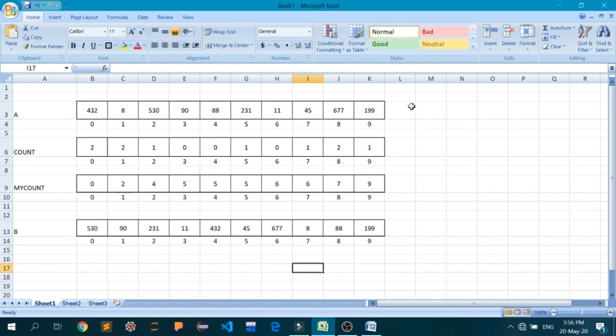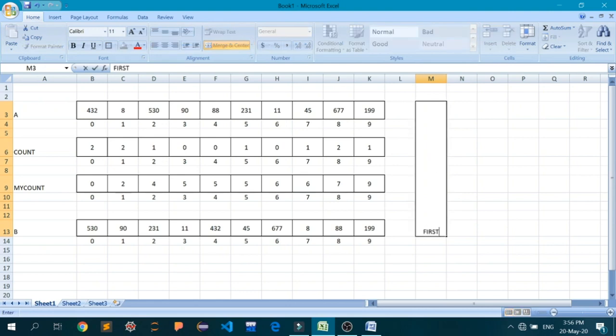So this complete thing here is one pass of the for loop. So this is the first pass.